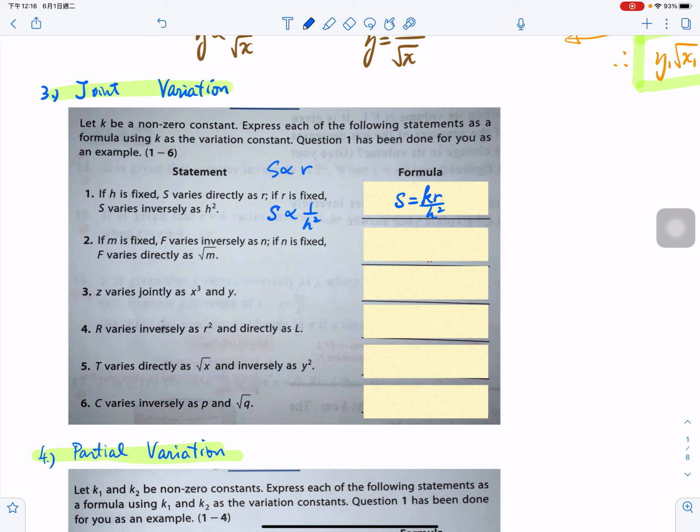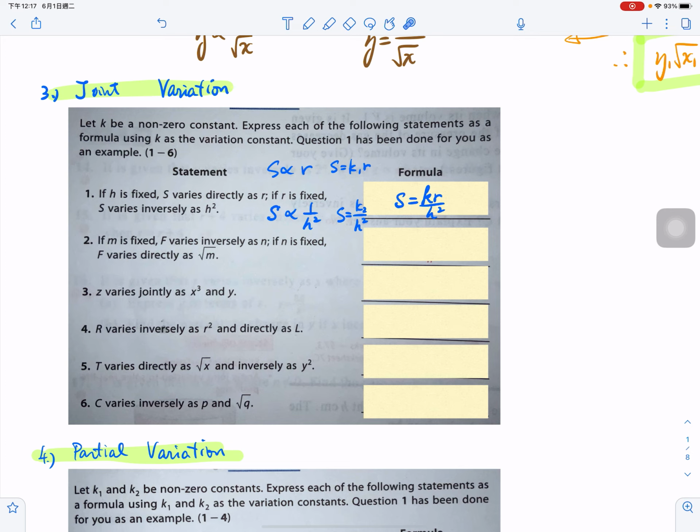OK，呢個可以睇成係 s 等於 k1 r，呢個就可以睇係 s 等於 k2 over h square。咁無論係 k1 又好 k2 又好，都係一個常數啫，所以我哋可以咁樣合併寫成 h r 同 s 嘅關係，一拼過可以寫到嘅。呢個我哋叫 joint variation，即係話互相相乘埋一齊嘅。